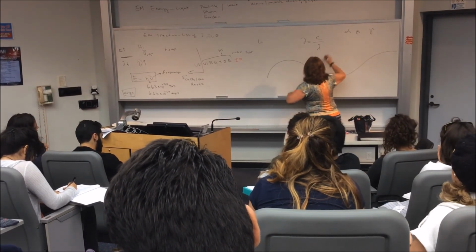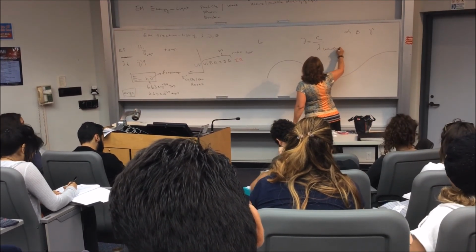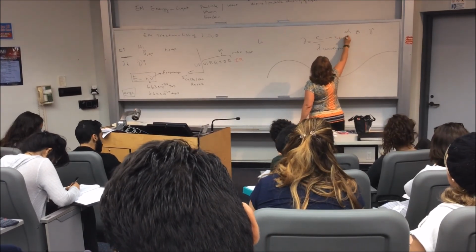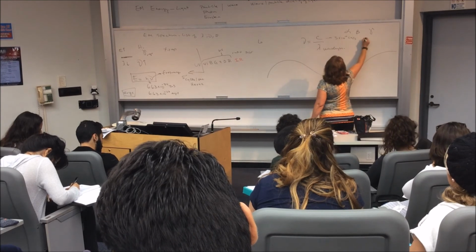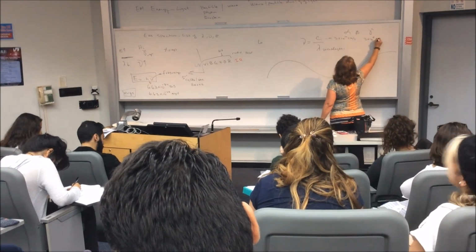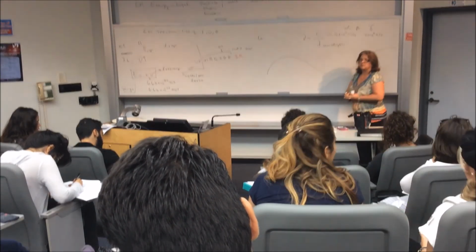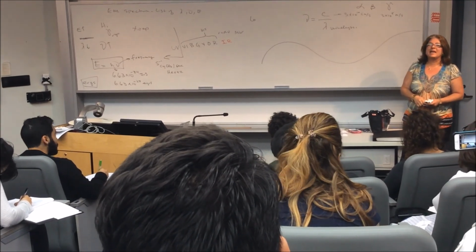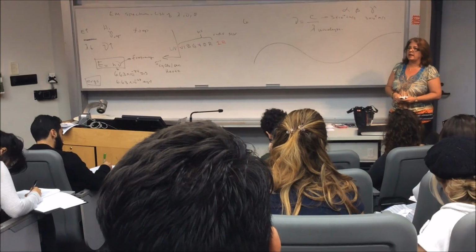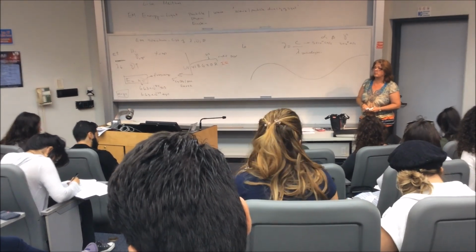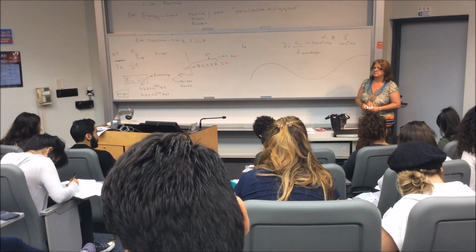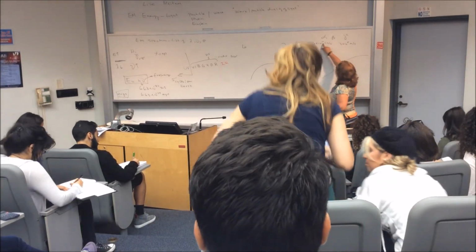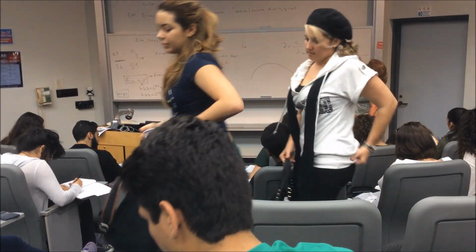This is a wavelength. And that is the speed of light: 3 times 10 to the 10 centimeters per second, or 3 times 10 to the 8 meters per second. Okay? Energy, frequency, and wavelength of EM radiation. Alright, so you guys are fine. 3 times 10 to the 10 centimeters per second, and 3 times 10 to the 8 meters